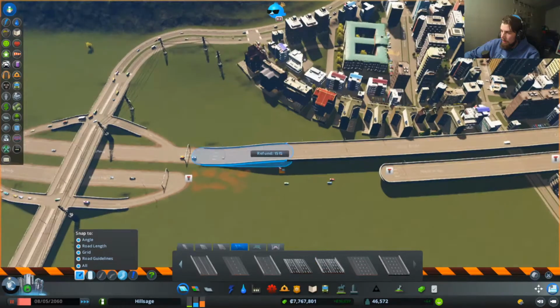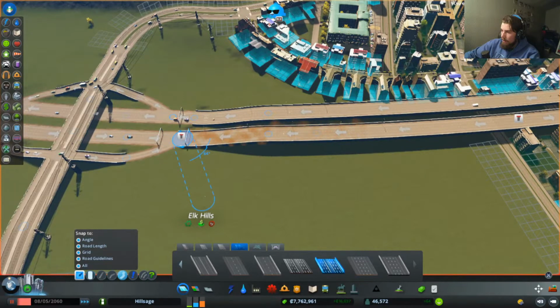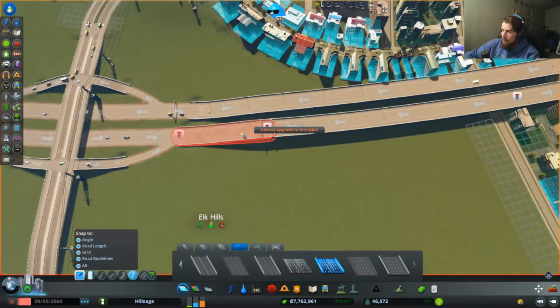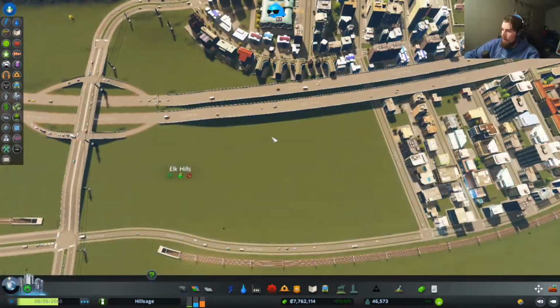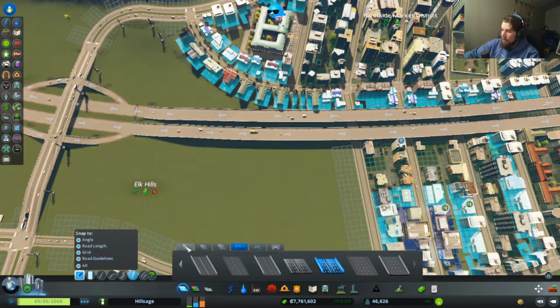Okay, I think we need to get rid of that section. And go like that. Oh yeah, there we go. Got that almost perfect. Switch all these over. Good. Okay, unpause that. That way, hopefully, without hitting any other pillars,